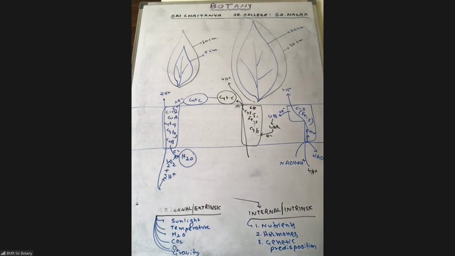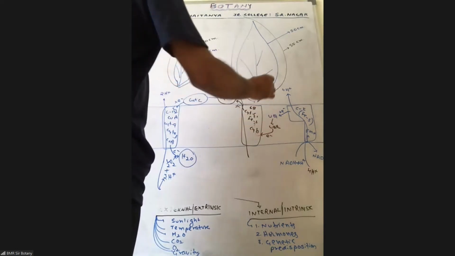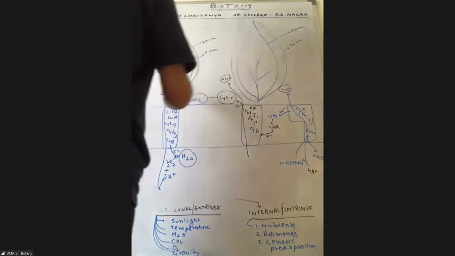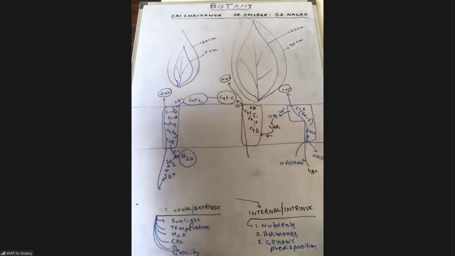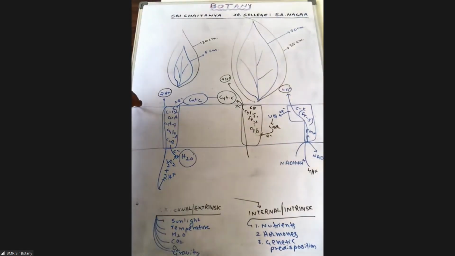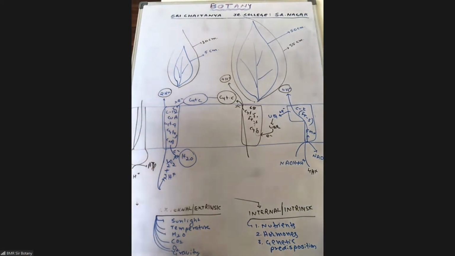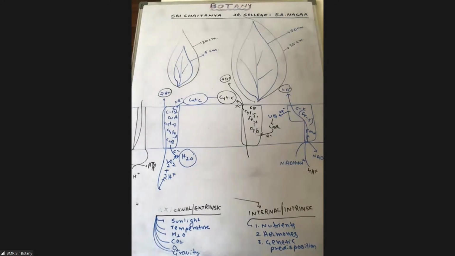So how many protons accumulated here for 1 NADH on oxidation? 4 here plus 4 plus 2. So 10 protons are available. And we know when these are channeled back through F0, F1 complex, nothing but complex 5, every 3 channeled through, these were able to form how many ATPs, Nana? 1 ATP. This of course is phosphorylation, that's a different thing. So for 1 NADH in the mitochondrial matrix, this is the result: 10 protons, 3 ATPs.